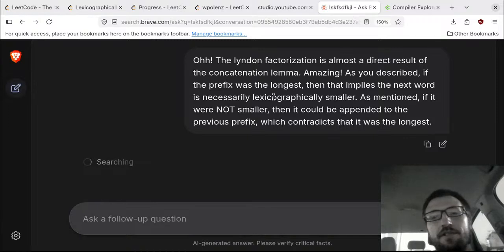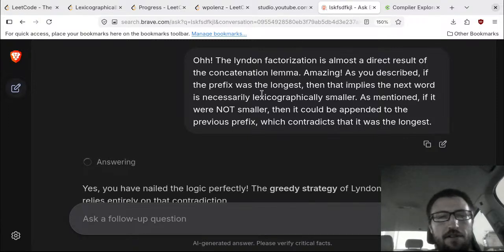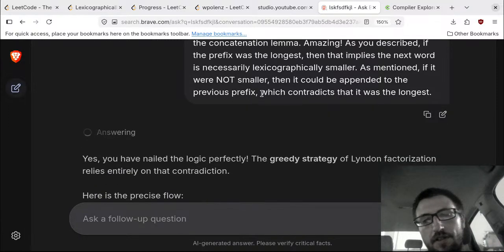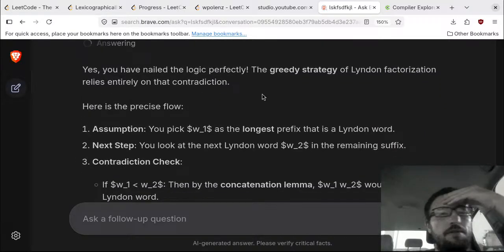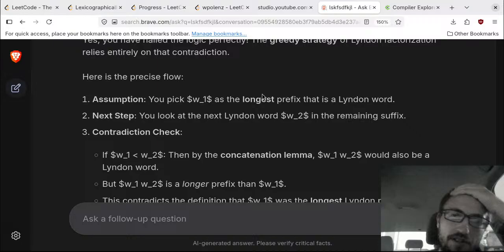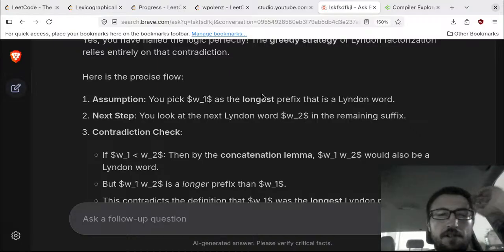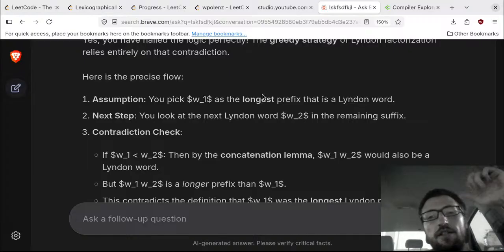Almost a direct result of the concatenation lemma. Nailed the logic perfectly. The greedy strategy of Lyndon factorization relies entirely on that contradiction. Precise flow. You pick W sub 1 as the longest prefix. Look at the next Lyndon word and the remaining suffix. If W sub 1 is less than W sub 2, then by the concatenation lemma, it would be a Lyndon